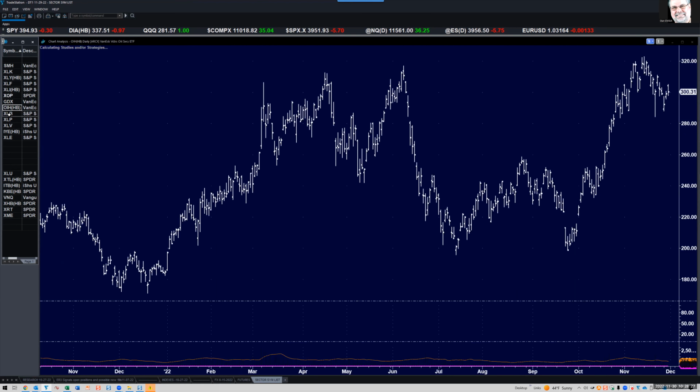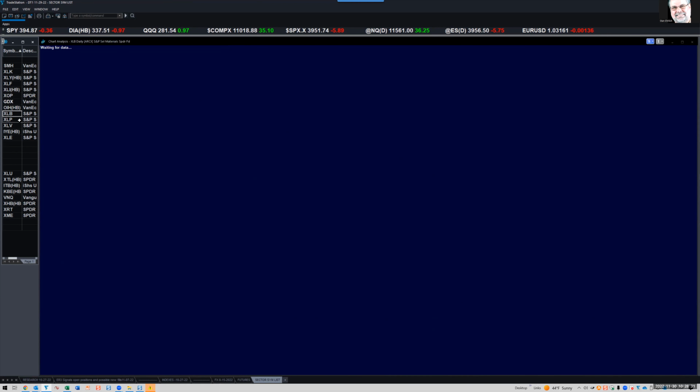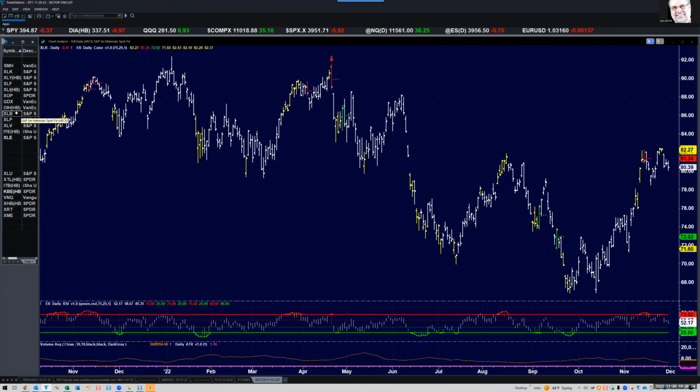OIH, I should be going faster. Red on top, bearish, looking for lower levels. Next, XLB, double top. First one had a bearish engulfing, so I'm looking for another decline. XLP,